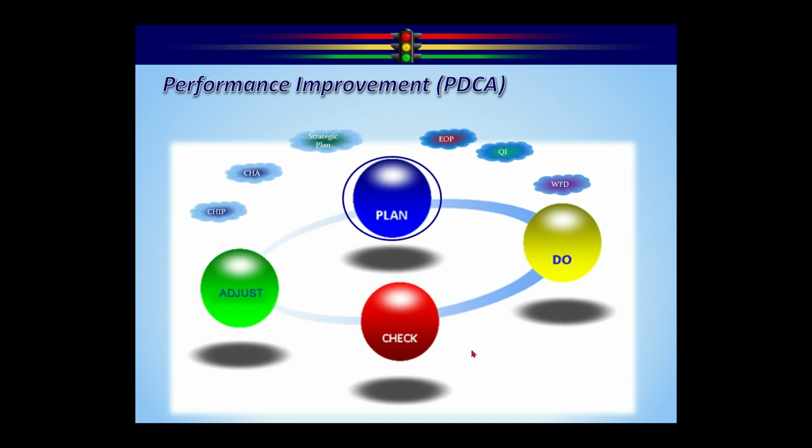So there's the plan. It's done. Next thing we're going to do, obviously, is execute the plan. So that's what the do phase does for us. And this is where we collect the real-time planning. This is where we collect the current status of everything. So Steve is going to get that email that asks him to update the current status of our reduction in smoking at Wayne High School. And then